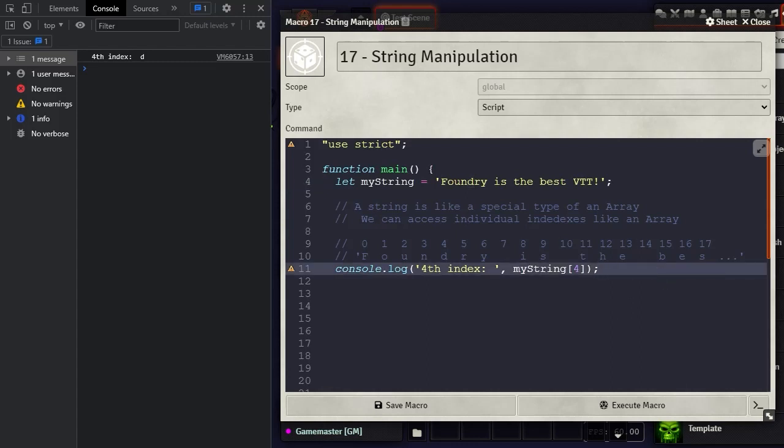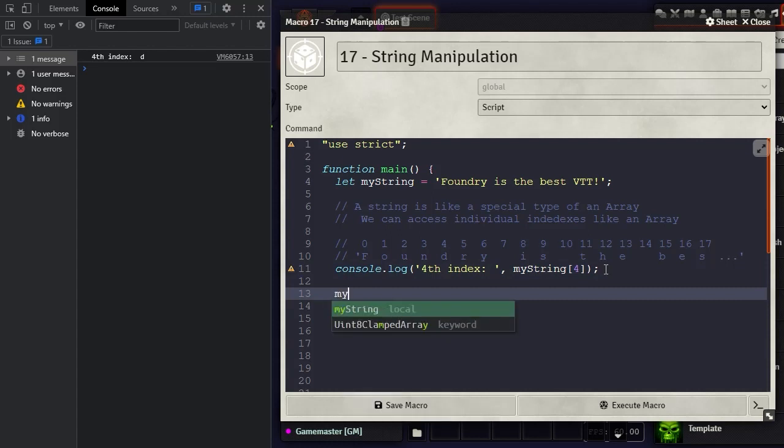Now, the one thing about your string versus an array is a string is immutable where an array is mutable. If you don't know what that means, mutable means it can be modified. Now, I know we could actually, because we set this as let my string, we could then say something like my string equals how now